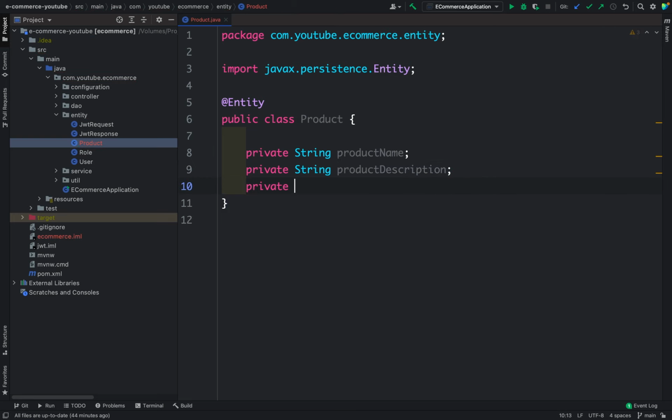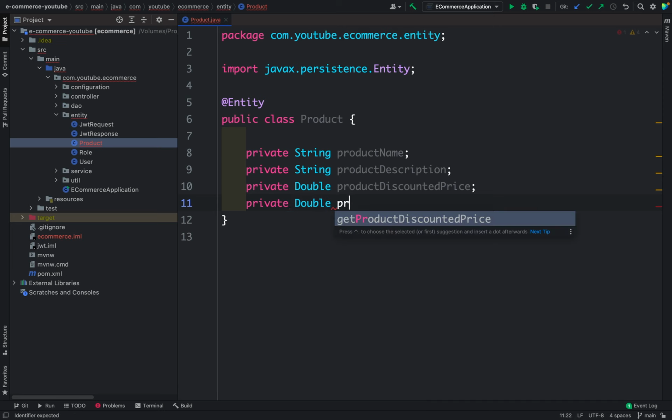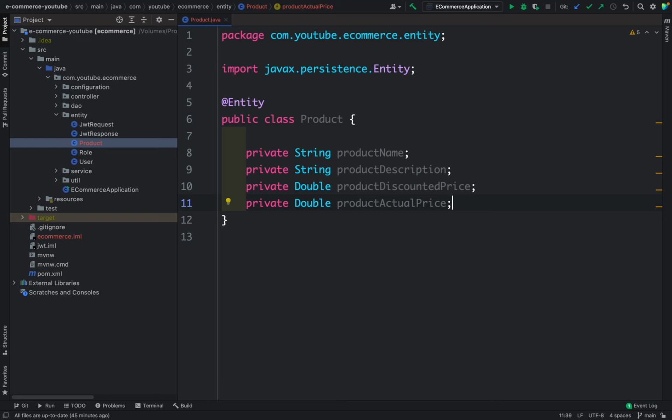Then the third is, as I said, product discounted price, and lastly product actual price, like this. And also we want to take one ID as well, because for this, obviously this product is going